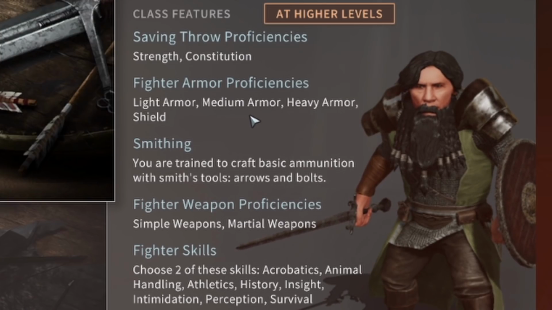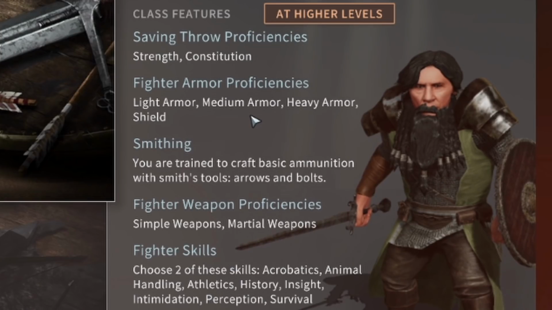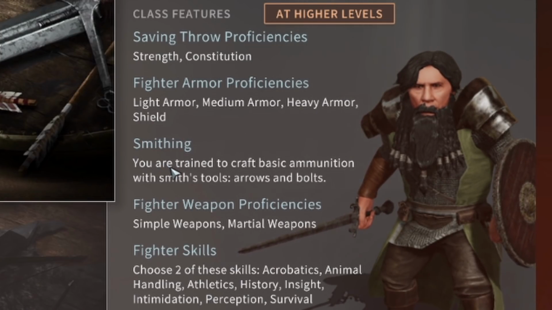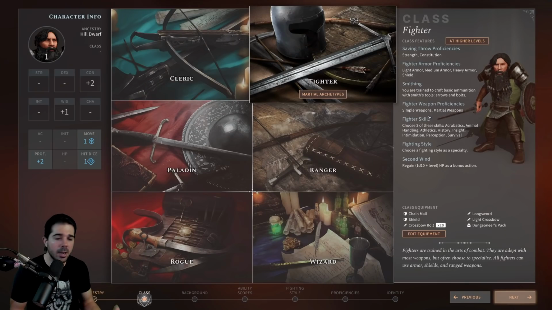They have proficiency in light armor, medium armor, heavy armor, and shield, so they can use basically anything that they want. They have smithing, which is you are trained to craft basic ammunition with smith's tools, arrows, and bolts, so you don't always have to buy arrows if you're going to do a lot of range combat. And for weapon proficiencies, they have proficiency in simple and martial weapons, which is basically all weapons. So fighters can wear any armor they want. They can use shields and use any